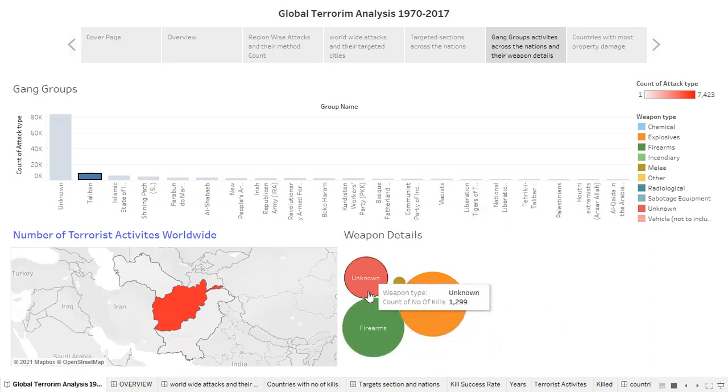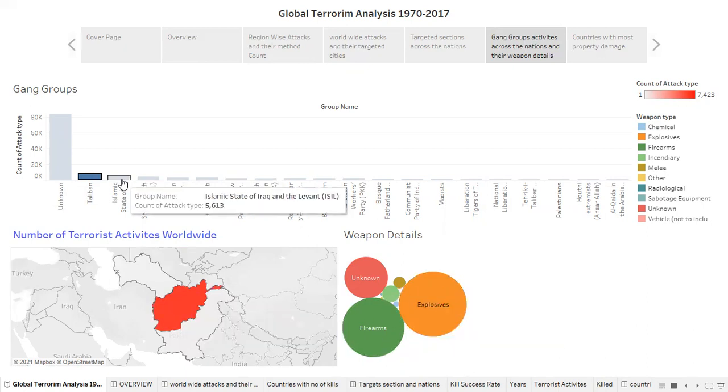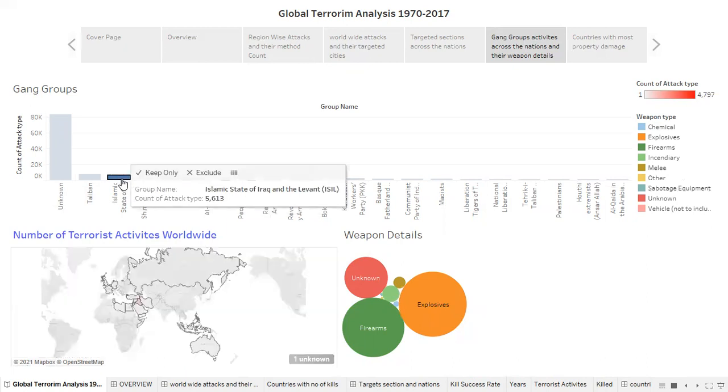So we can conclude that there are different types of gang groups, and most of the time they are very much active in attacking different types of countries, and most of them are using explosives. You can see here ISIL.